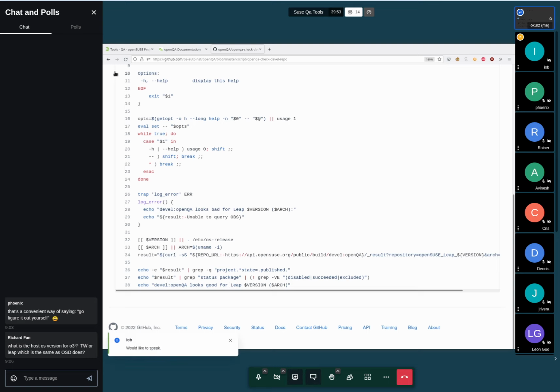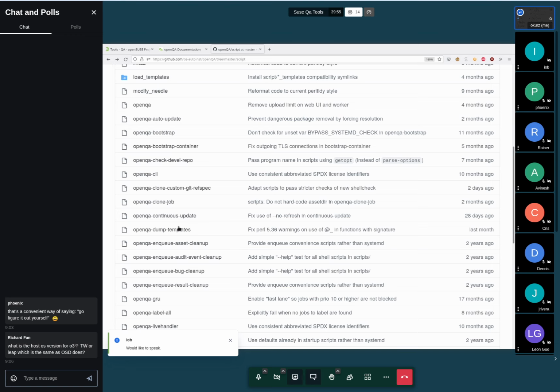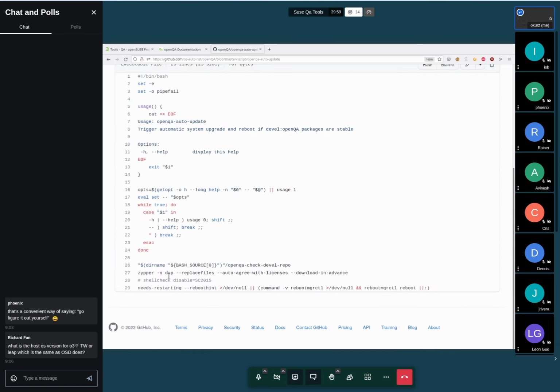Okay, so what the difference is that when we call dup, we allow zypper to try to resolve dependencies and allow downgrades and allow install of new packages across all the configured repositories. So this is why, to be consistent, zypper dup is actually the correct approach here, because